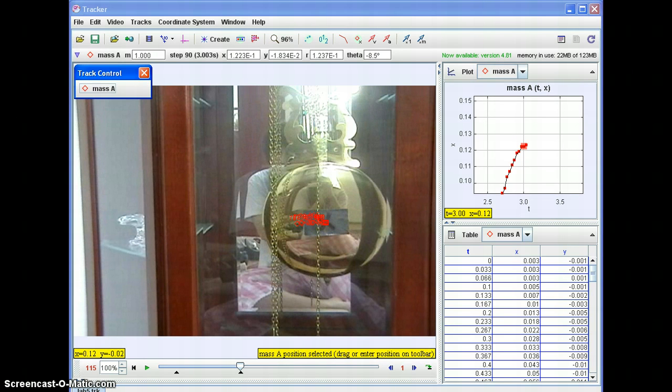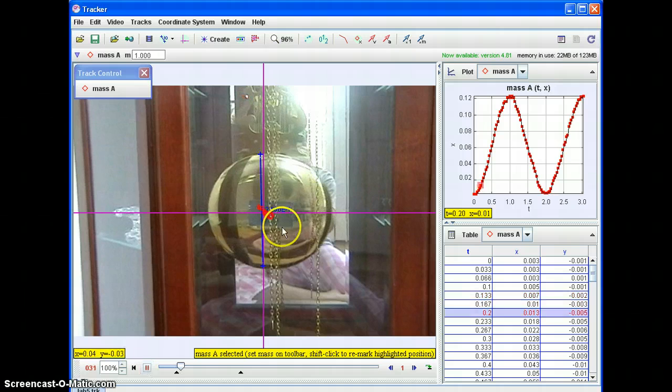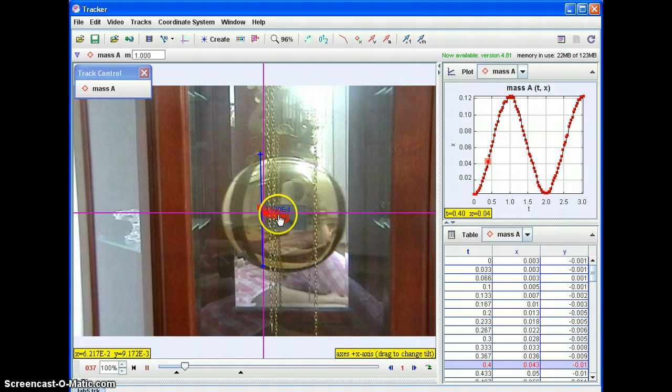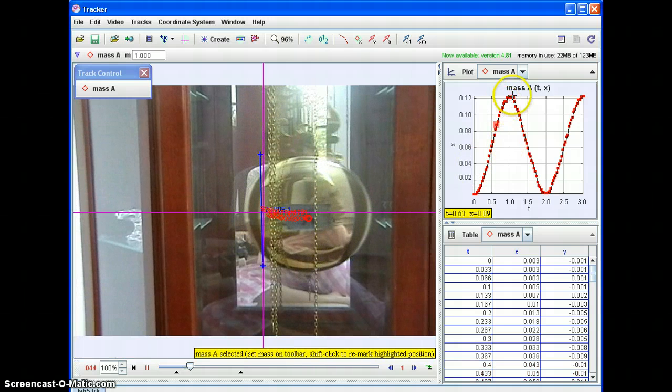in Tracker. As you can see, the calibration stick is set to 0.21 meters, which is the diameter of the bob, and the coordinate system is just centered in the middle of the bob with the positive x-axis in the right direction. As we play the footage from Tracker, you can see that I mark the point center of mass on the tape with the X on it in the middle of the bob, and we have a nice